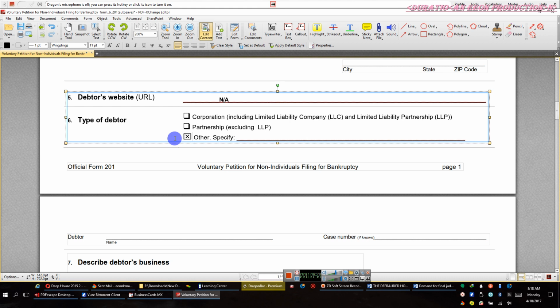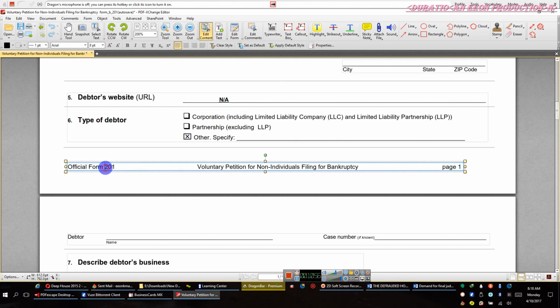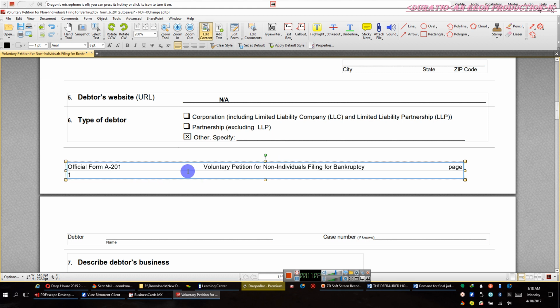But when I do shift and the letter X, it will actually put an X in the box. Okay. Now, remember, I'm changing my form this way. Okay, but you notice what it did? It took page 1 and it moved it. So what I'm going to do is come to page 1, which is going to bounce it all the way back, and then I'm going to put it back where it belongs. Okay.